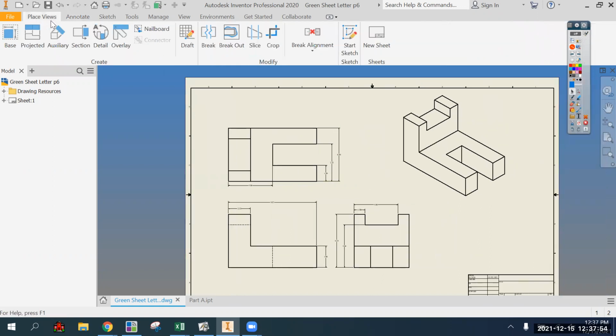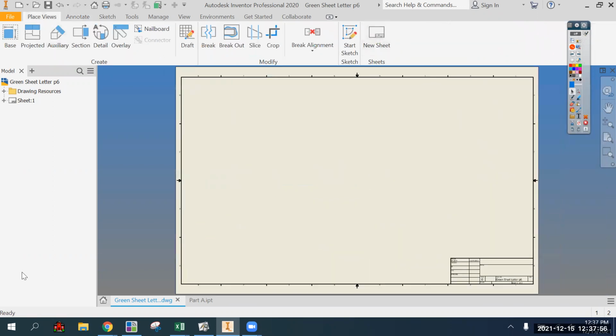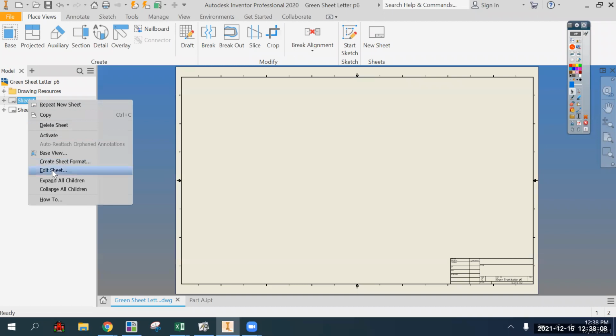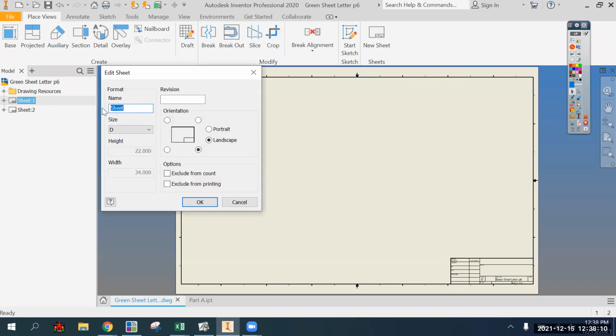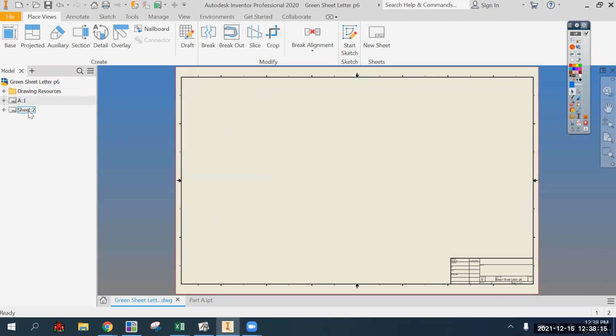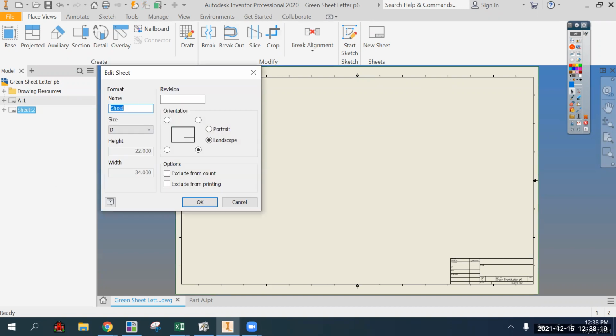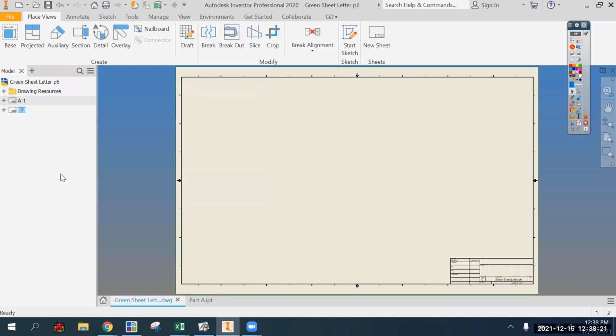Go back to place fuse and make a new sheet. Okay, you can see there, now we're on sheet 2. Let's go ahead and just rename. If you go right click, edit sheet, you can change the name to, how about just capital letter A? And how about we rename, or right click at the second sheet, call it B. And there we go. All right, so we'll do B together, and